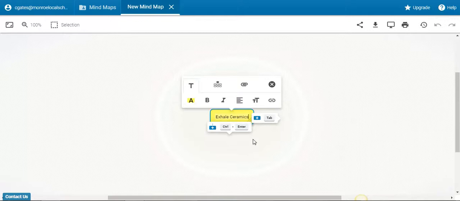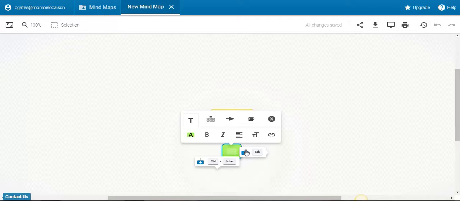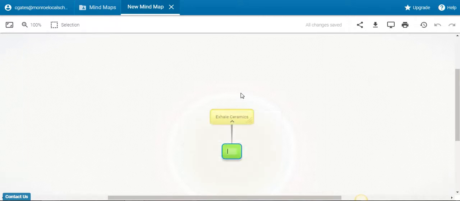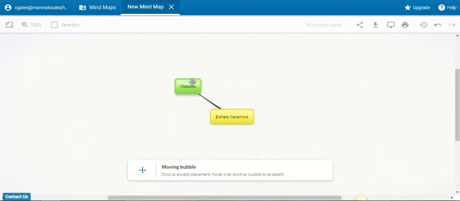And now what we want to do is add things in here, add branches in here that are actually called childs on this part. But if you add a child, you're going to notice that it creates a new branch. So what you want to do is think of anything that has to do with your business. So for Exhale Ceramics, I want to offer classes for clay. So then I click off of there and you'll notice that's the branch there, and you can move these around